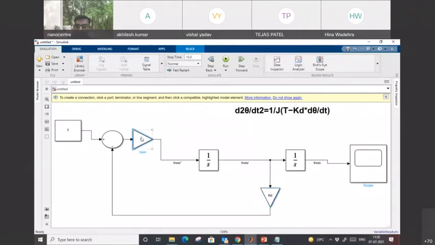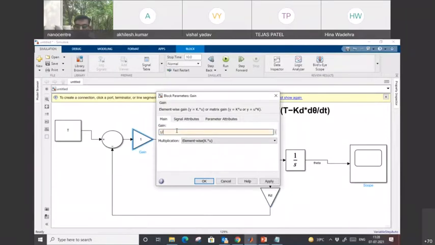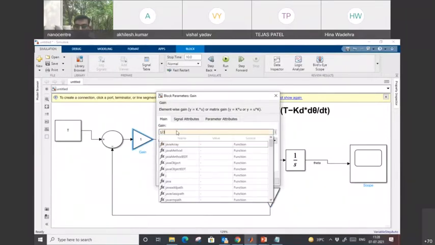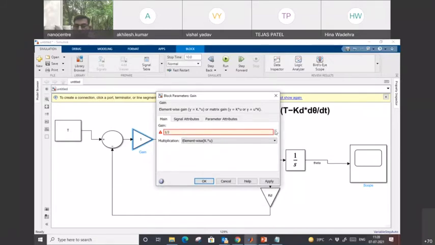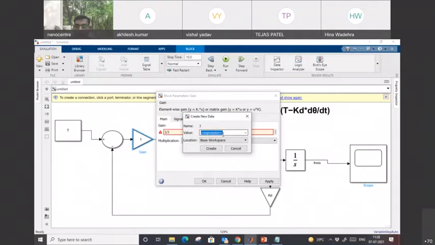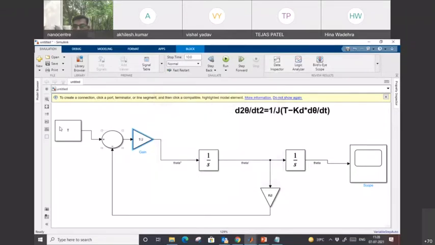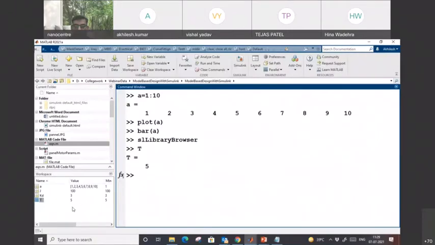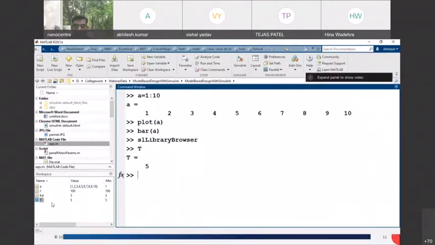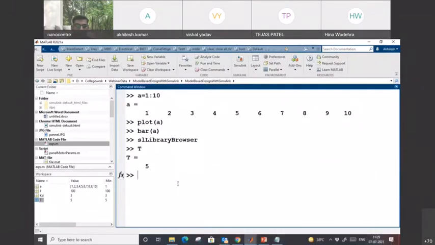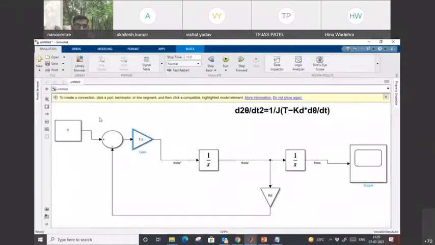Now we have 1 by z. This is the 1 by z, right? This is very important because if you don't define your block name by the variable name, later you will forget what is the parameter there, right? So it's very important to provide. So let's say inertia is 100, something like that. Now my model is completely designed here, and all the parameters which I have defined, I have in the workspace. So this way we can give the user inputs, right?